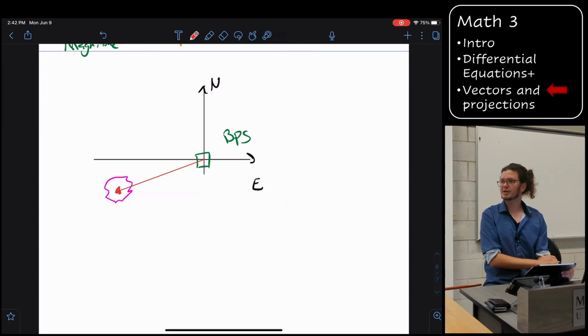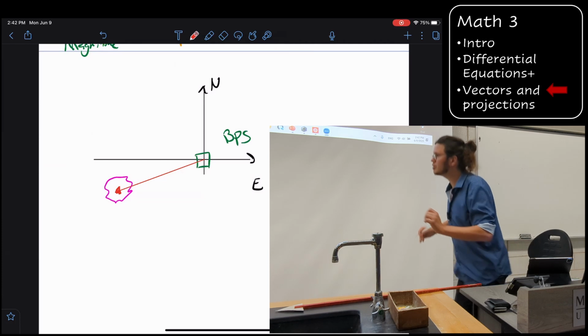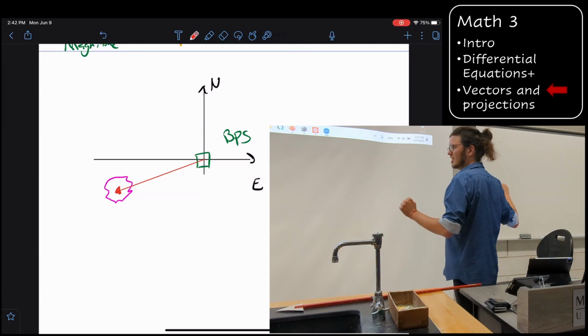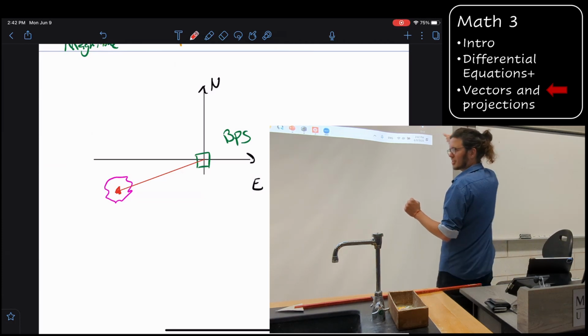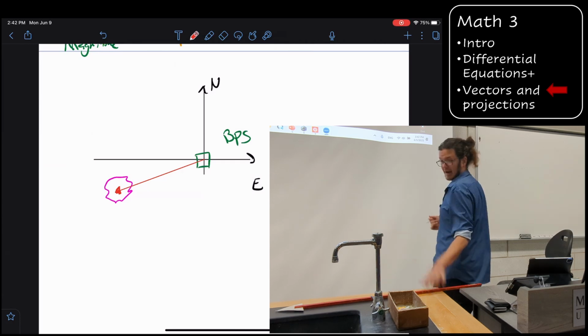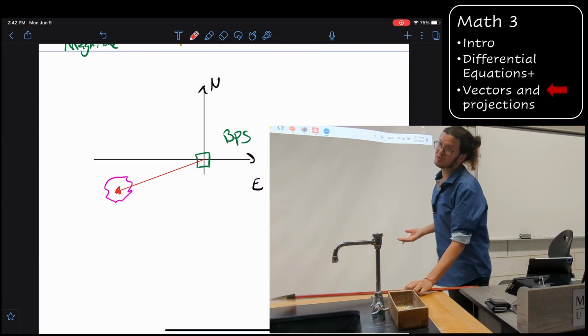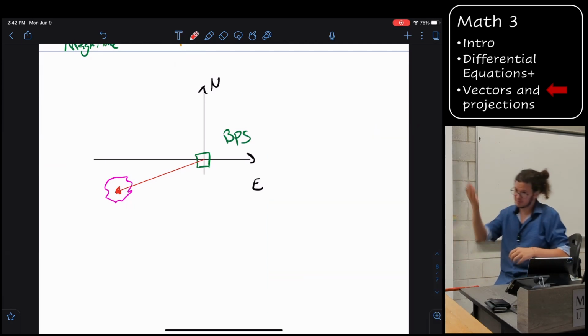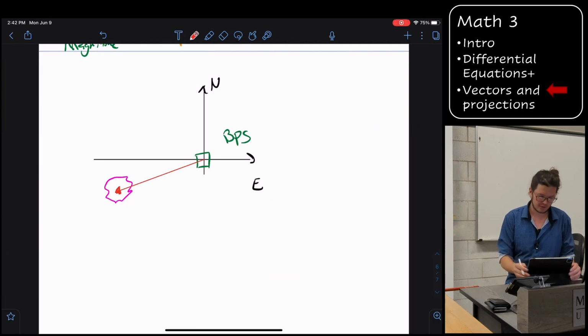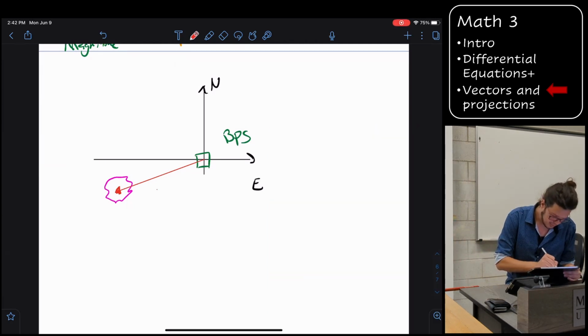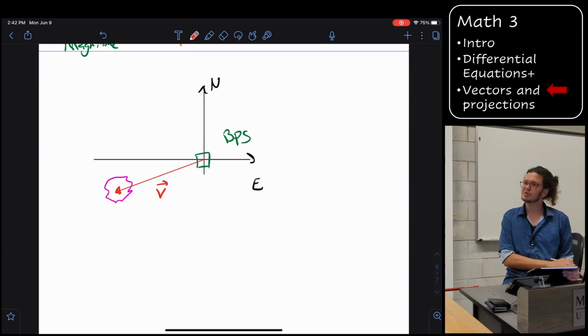So I have my red arrow that is pointing. Actually, where is north? I think north is that way. So it's an arrow that points there. If you walk straight in that direction, you will find it. This is useless if you really want to find the thing. You cannot pass through walls. You don't know how long you have to walk. So I'm going to call this vector v, and I'm going to try to express this in a coordinate system